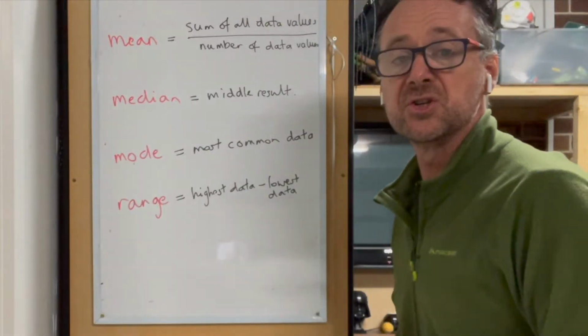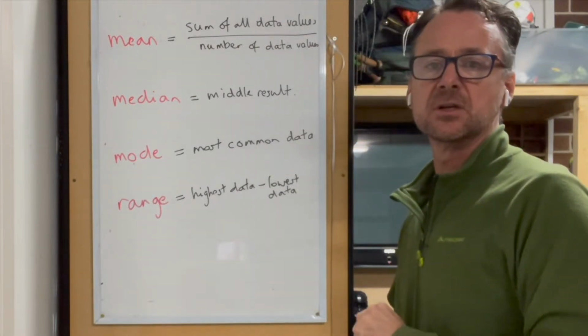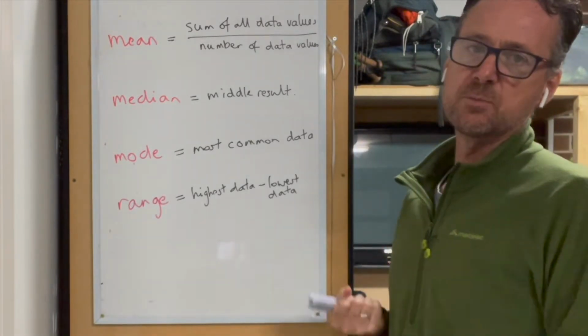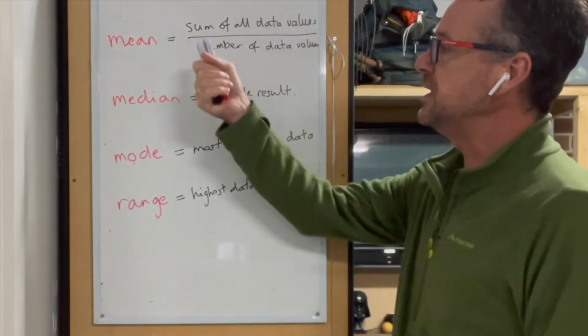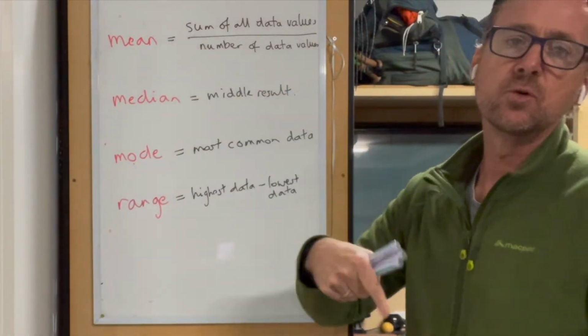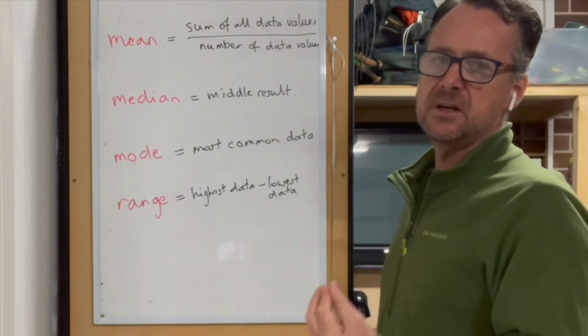Right, let's look at measures of centre. These are calculations that give us conclusions about sets of data. The ones we come across most commonly are these four: mean, median, mode, and range. The mean is often referred to as the average, and to find the mean of any set of data,